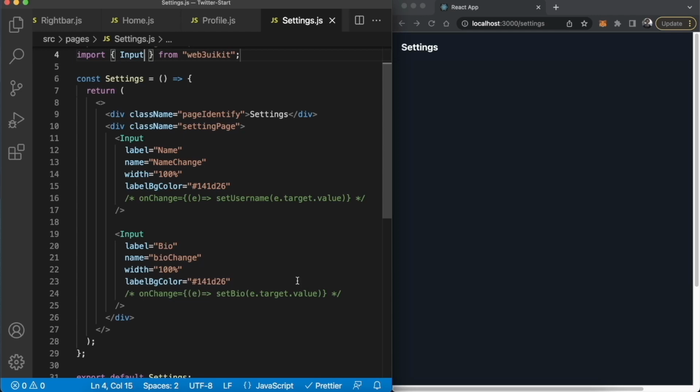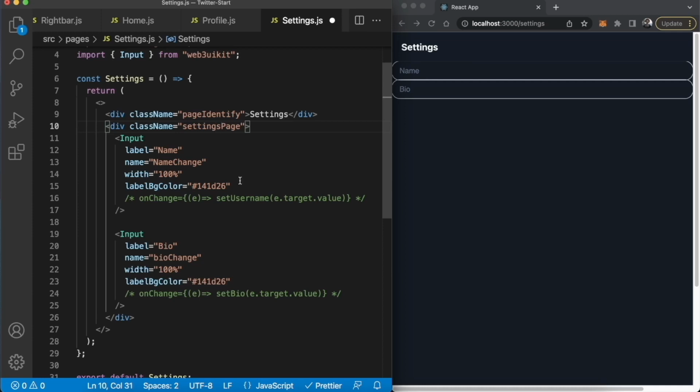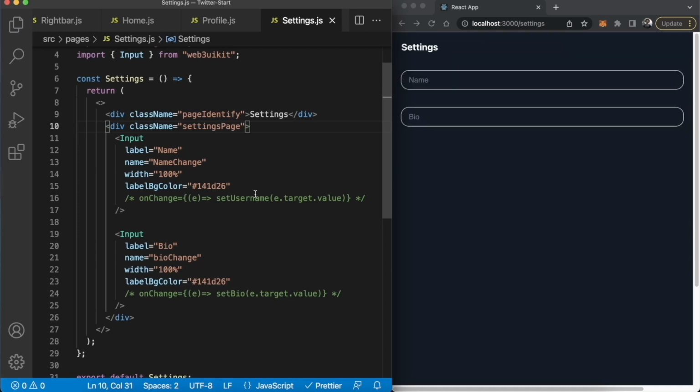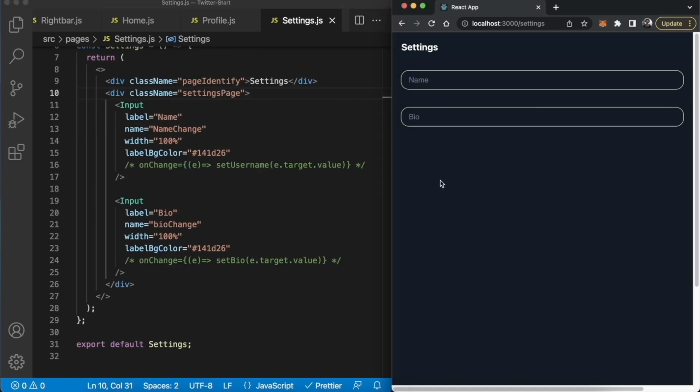So if we save this, they don't look like they came out naturally, but that's because our div was misnamed. It's settings page, not setting page. Save that. And now they look beautiful. Remember, all these CSS stylings are in the final project repository and in your startup repository. So feel free to reference all the class names if you need to. But now we have a nice little input field over here. So if we try and press that, that lets us set our username